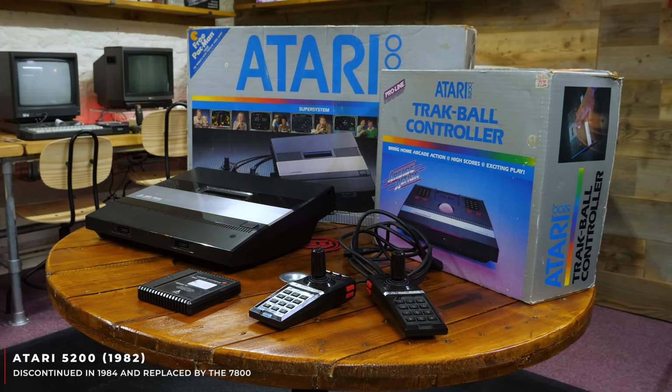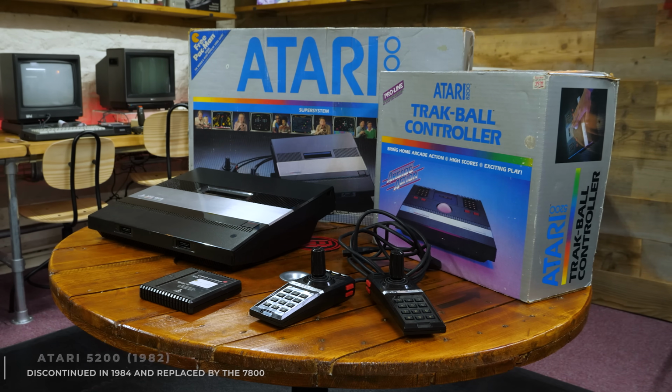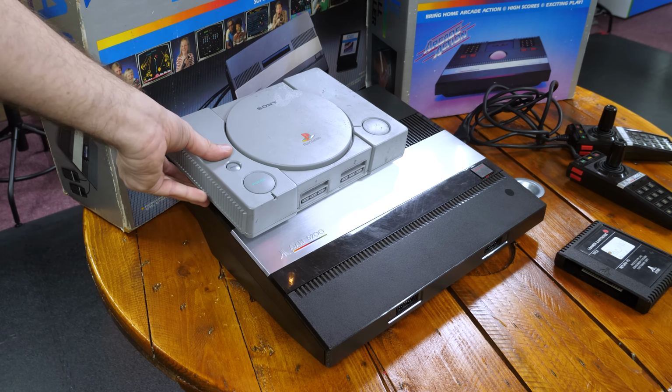Let's move now to the big one, the Atari 5200. Before we go into any of the details about the history or the specs of this, look at the size of it. It's a beast. And to give you some perspective and some idea of scale, we've compared it to some other consoles that you'll be much more familiar with,